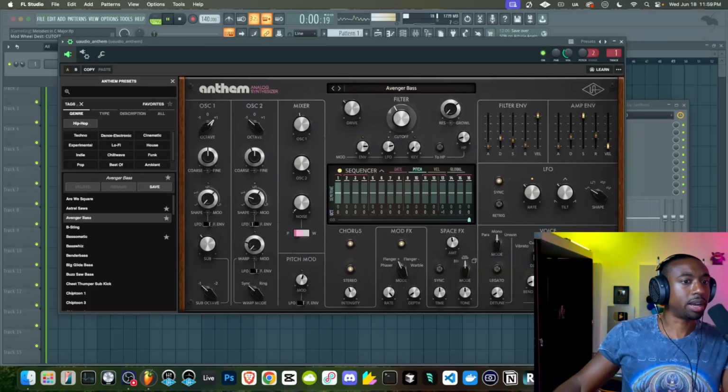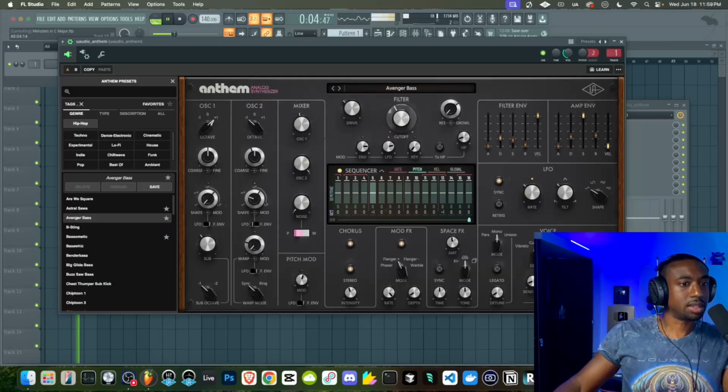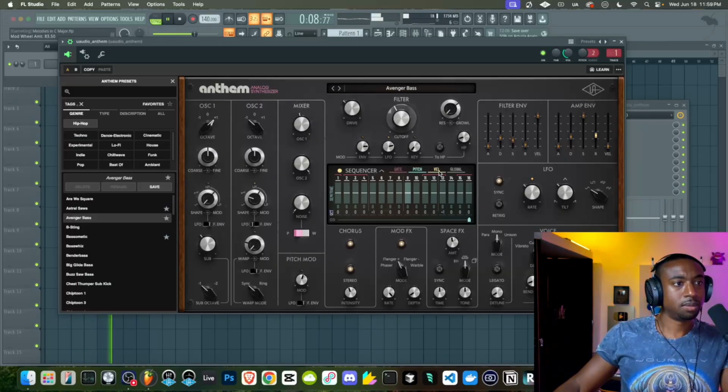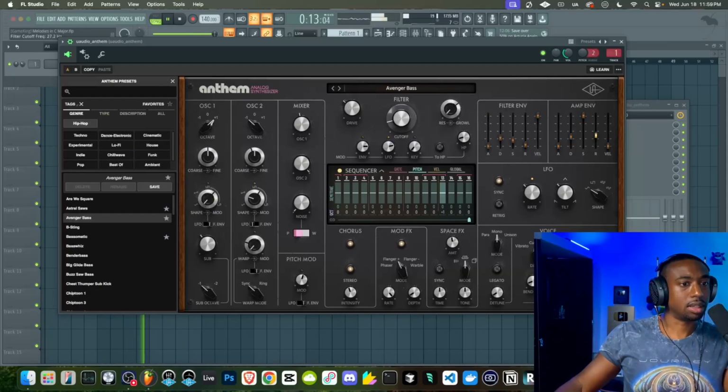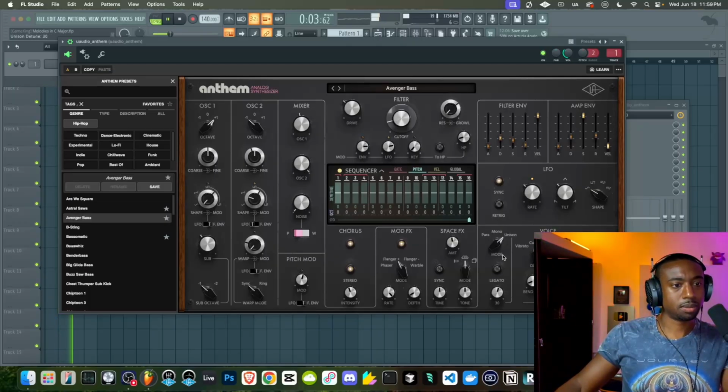So basically it's key tracking the filter here. Or whatever this is, like the voice index, I should say. It's an interesting synth, that's for sure. Is that a little more voicing? Again, feels very Kanye.